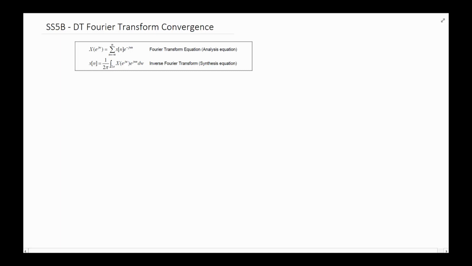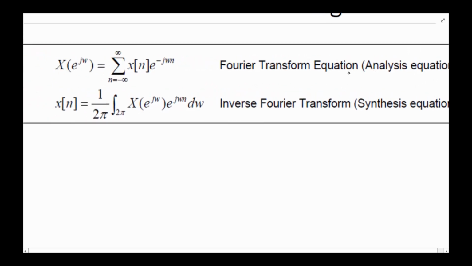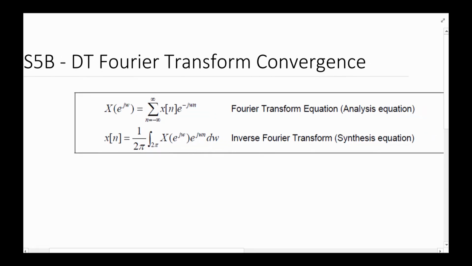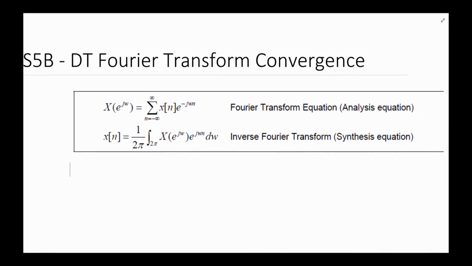So in this video we're going to talk about convergence of a discrete time Fourier transform. If you recall from the last section, these are the equations we derived. The first equation is called the analysis equation, and we find that it has a summation from minus infinity to infinity,